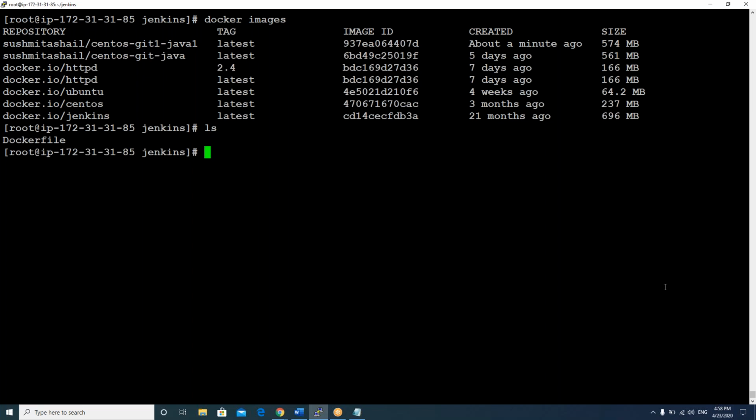So this is how you can build your Docker files. You can create your Docker files. So we have two ways to create a customized image. The first way is by running the docker commit command. We'll create one container first, and on top of it we'll do all the setup, and with that setup you'll create an image by running that docker commit command.